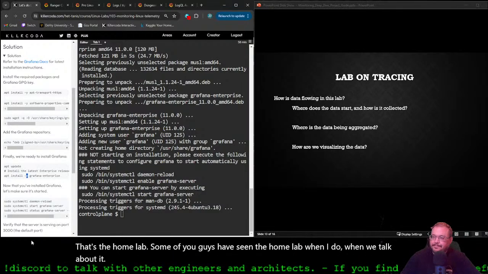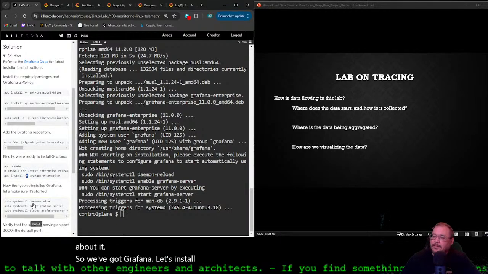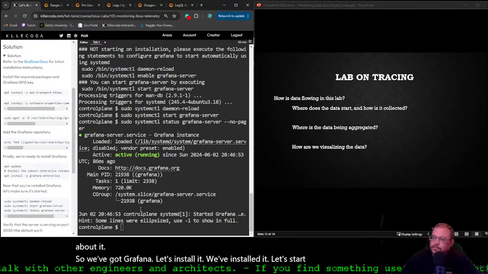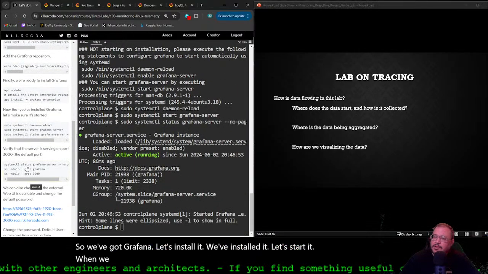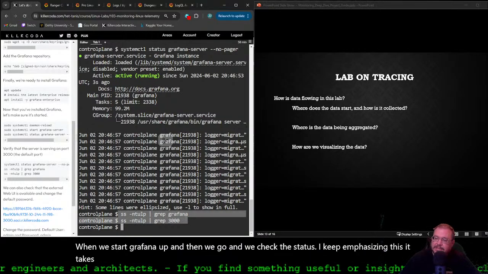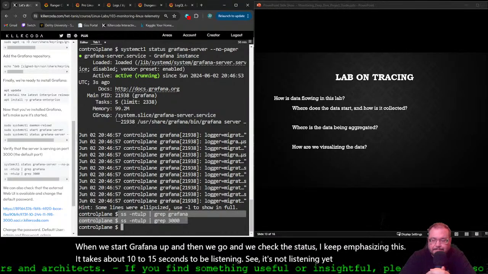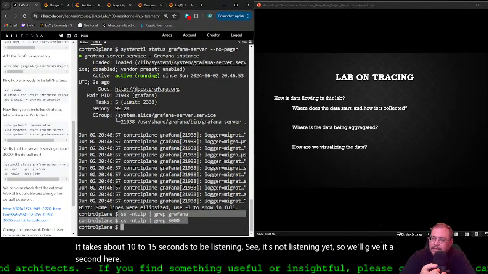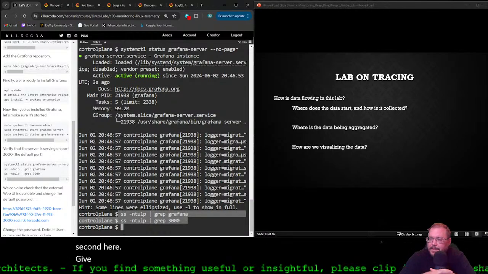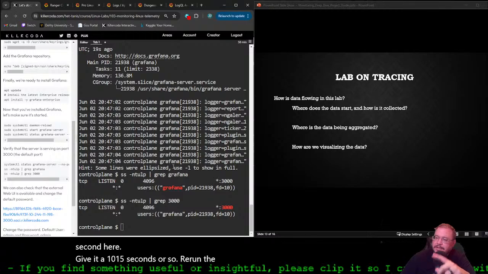All right, so we've got Grafana. Let's install it. We've installed it. Let's start it. When we start Grafana up and then go and check the status, I keep emphasizing this, it takes about 10 to 15 seconds to be listening. See, it's not listening yet. So we'll give it a second here. Give it 10, 15 seconds or so, rerun the command, and now you'll see there it is, listening.